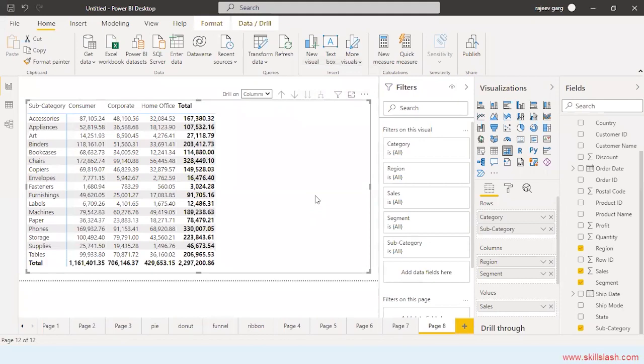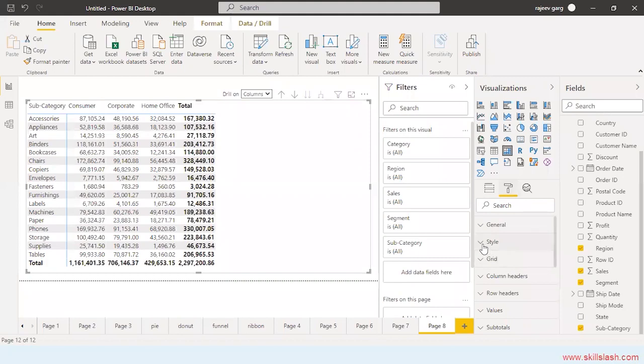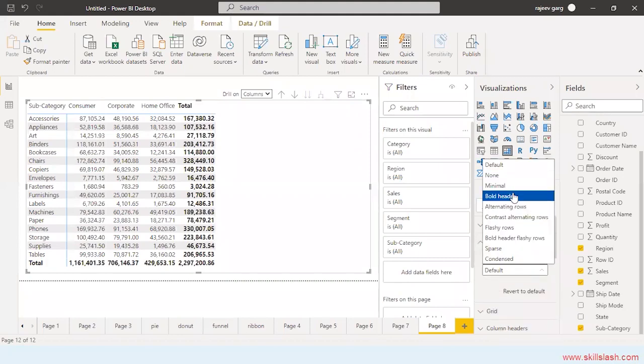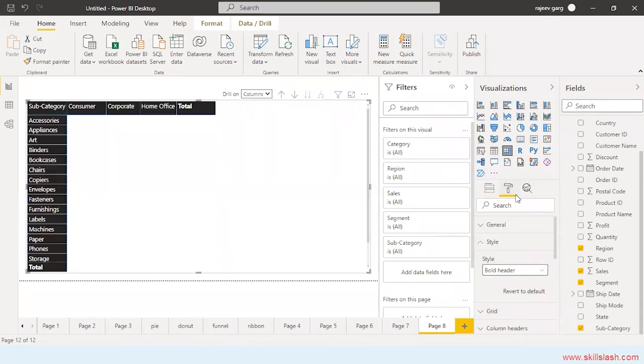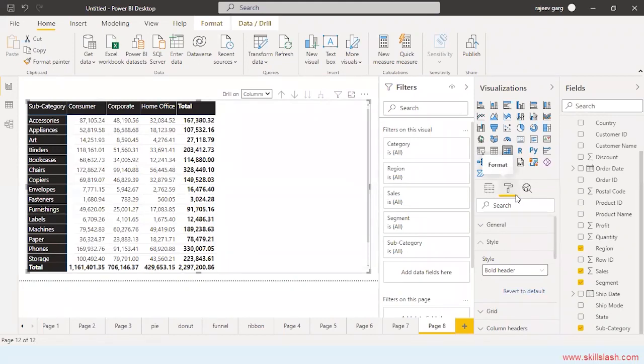Formatting and all remains the same. You can format the matrix. You can go over here. You can do whatever formatting. You can specify the styles over here. Let me take bold headers over here. So the same thing will be applicable. All the conditional formatting which you have given, let me go to the conditional formatting. And I would like to put a sales background color.